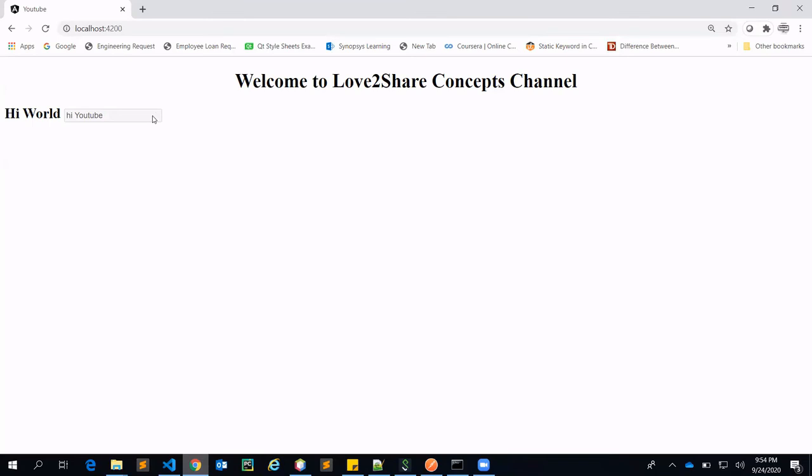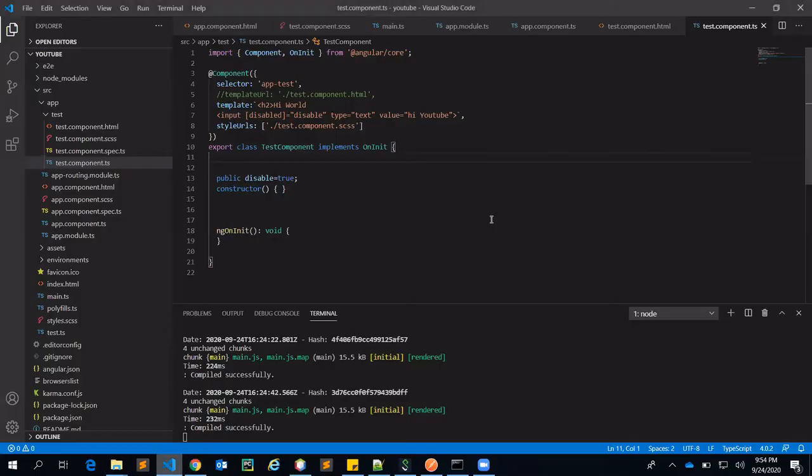I just wanted to explain what property binding is and how it works, and we're going to use this later on when we build some projects. Property binding is used a lot, but it depends on the requirement whether property binding or interpolation gets used. I hope you like this short video, and I think you got the things.